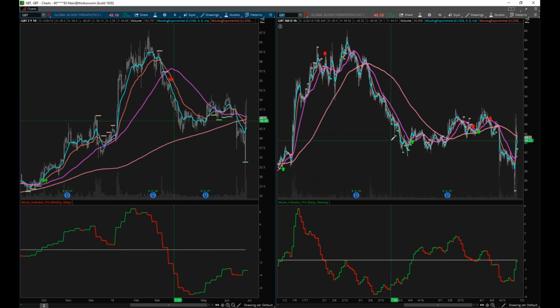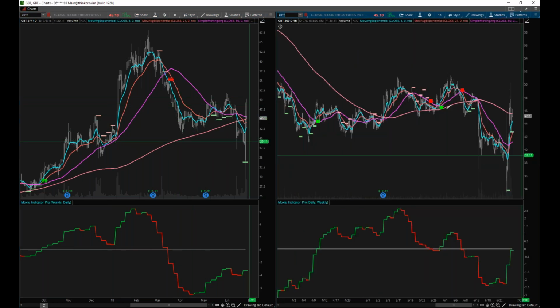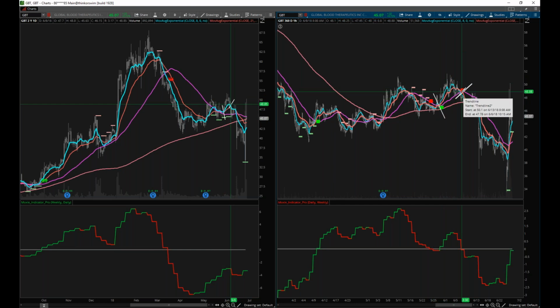And if we were thinking that maybe this was going to work, we have a trigger right here to get in where, well, okay, it's over the hourly 200, it's over the hourly 50. Maybe we'll just take this. We'll try it. So if you want to say that you entered right there, it ran for a little bit, and then what happened? We get, right on cue, our Moxie trigger exit. We get price below the moving average, and there's your confirmation. So you get in, you get out, break even.